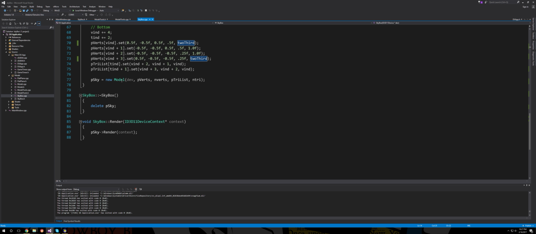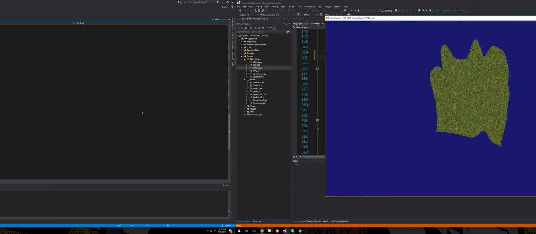That will in turn pass all the information to the model class, and when asked for render, it will trigger the model's render with the context being input. I also ensure that my new model is deleted. Moving on to the